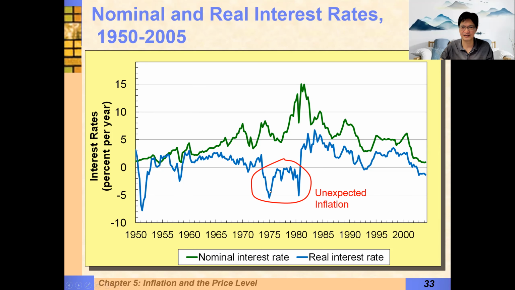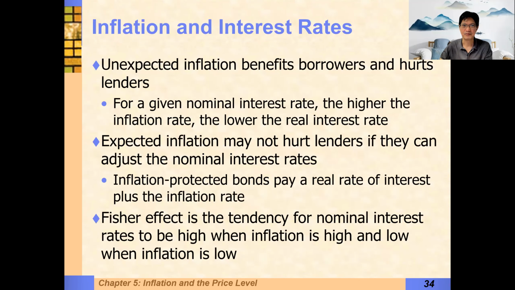Now, why did it go negative? It went negative because there was unexpectedly high inflation. Inflation went up higher than people expected. And so the real interest rate went negative there. Now, what does unexpected inflation do? Unexpected inflation means that on your contract where you have agreed on the interest rate, when you agree on the interest rate, you agree given expected inflation. Unexpectedly high inflation means that that interest rate you agreed on was too low. It doesn't compensate for inflation.